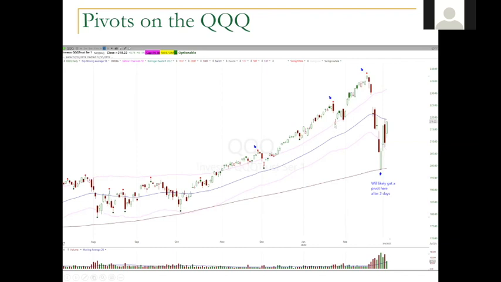So you could draw a line from here to here and extend it forward. We could draw a line from here to here and extend it forward. And these areas where our lines would be projected become potential target areas where price would come to. So that's why we use these pivots. The pivots become really important because